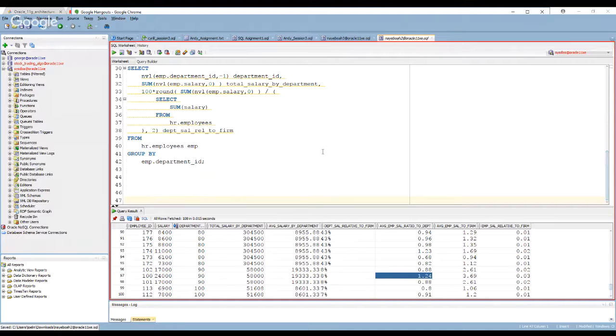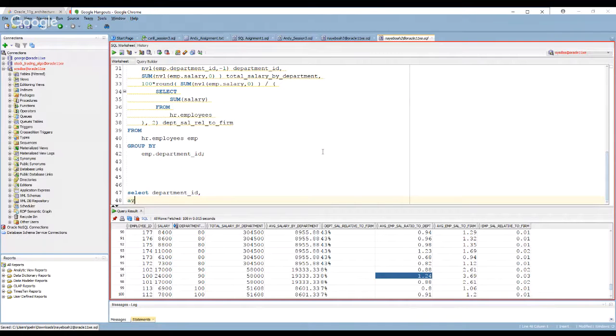I would say go ahead and say select department ID, right? And then just do average salary.